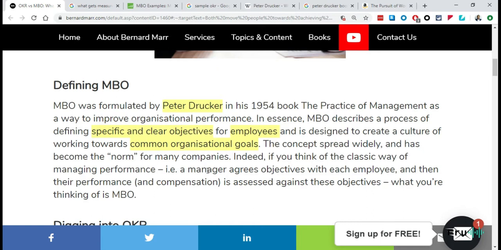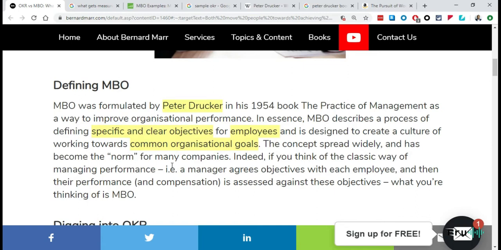That way, once they're having their one-on-one with their employees at the end of the year, all they have to do is say, okay, at the beginning of the year, we said these were the objectives. Now, let's look at these objectives to see how they have been achieved. And supposedly, if those objectives are achieved and were aligned with that of the manager, whose objectives were aligned with that of the CIO, whose objective was aligned with that of the CEO, then based on that alignment, transitivity, the organization will be achieving its objectives. So that's really the goal behind MBOs.